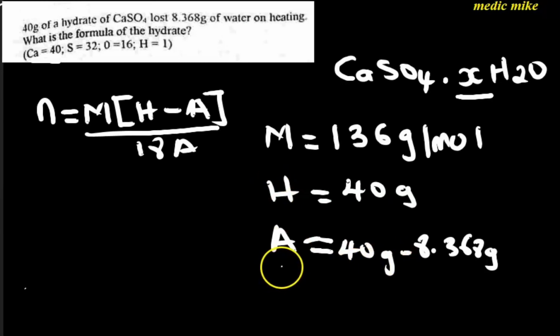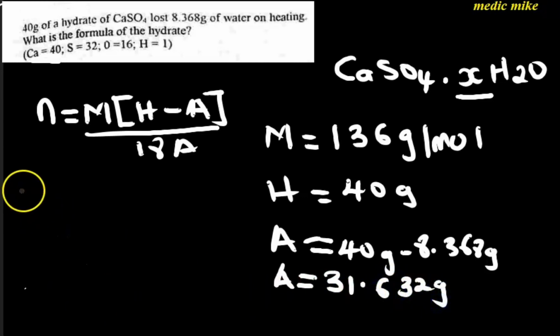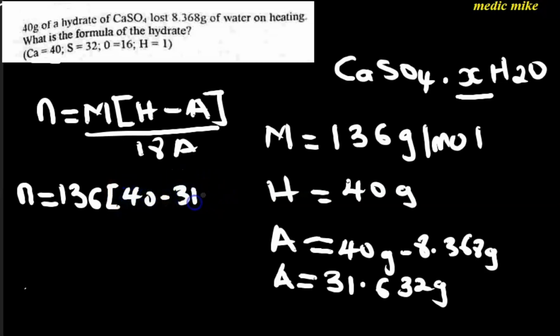Hope you understand. If you don't understand, keep your questions at the comment section. I will attend to it very fast. So 40 minus 8.368 grams is equal to 31.632 grams. So what we have to do next is to input these values in our formula. So this is 40 minus 31.632